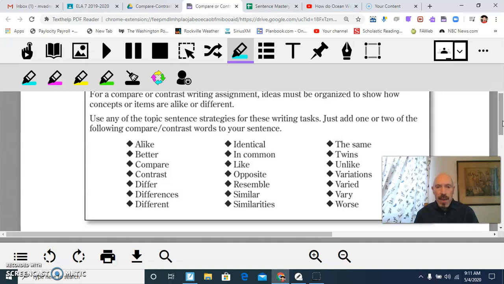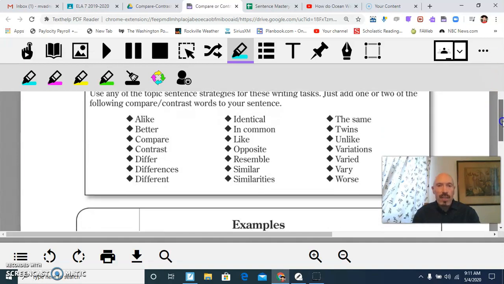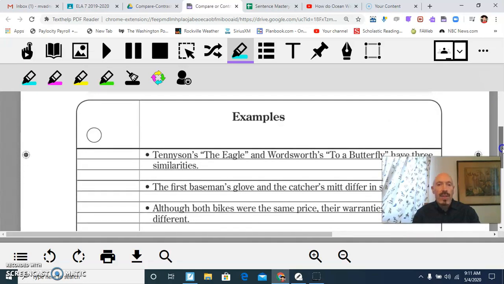Like when you're talking about multiple differences or multiple similarities, you might want to say variations or vary in your sentences. But again, you can usually start off with a statement or a dependent clause that describes an occasion for writing, and then you make your independent clause the focus of whatever you plan to explain or prove. Now, again, you can use any strategy so long as you're using these words. Like, for example,